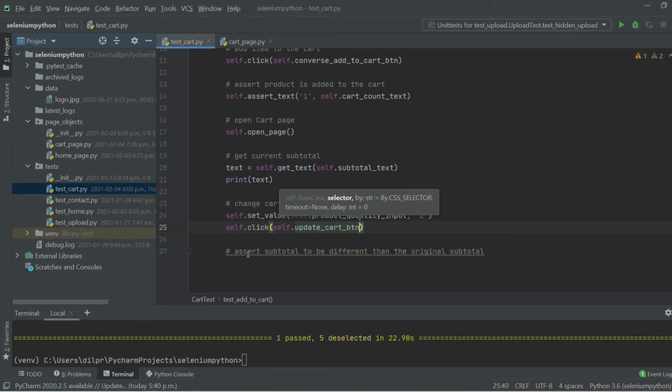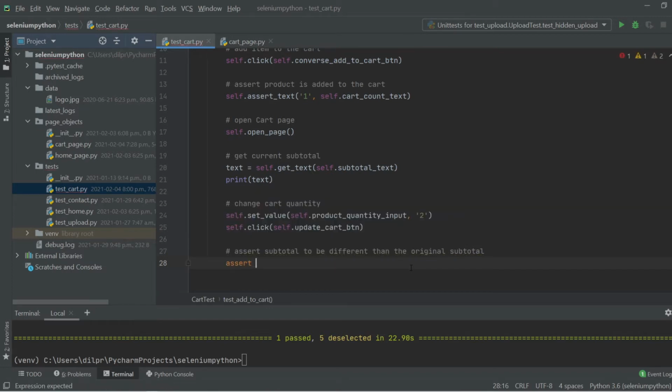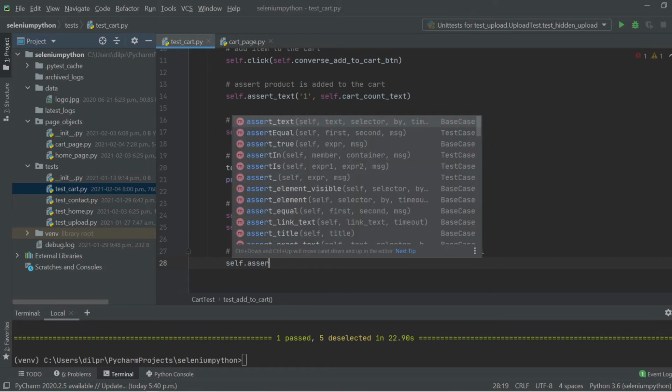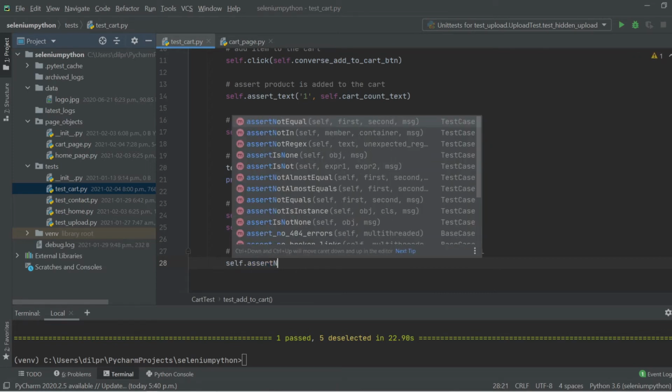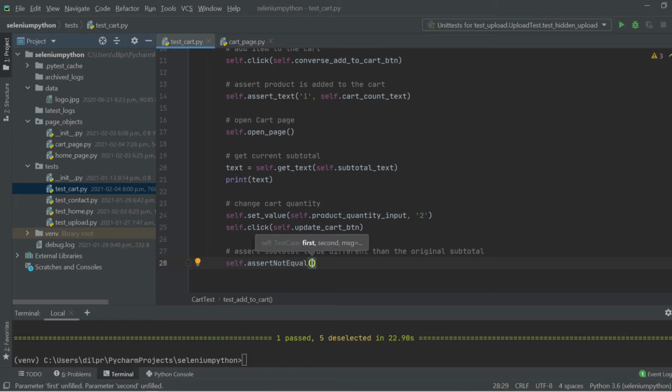And then finally, we have this assert subtotal to be different than the original subtotal. So I'm going to add in my assertion here. This is going to be self.assert. Instead of doing assert equal, we will do assert not equal. And then I'm going to pass in my text. So this text at this moment, let's see, what was it? It was $150. So I'm going to make sure the $150 should not equal the new text. And that one's going to be $300. So I'm going to do text, which is $150, should not equal